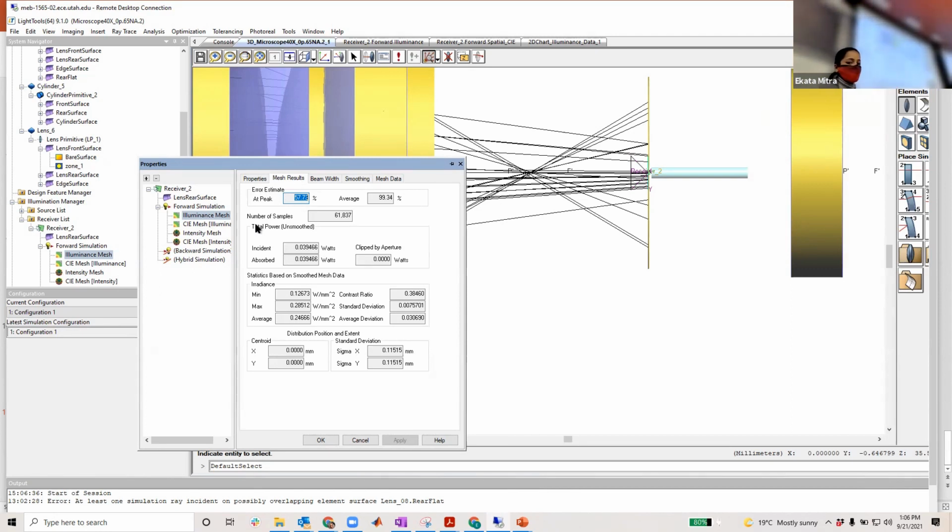From there, you can see that if it is higher, that means we have to either decrease our detector or increase the total number of rays to get it more stable. So that's how you're gonna use it.